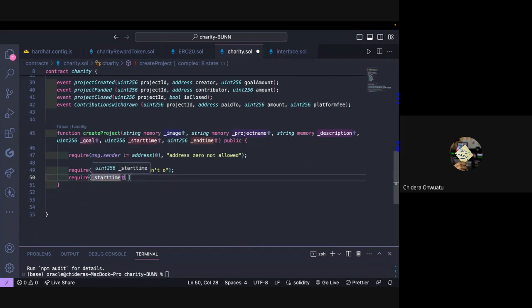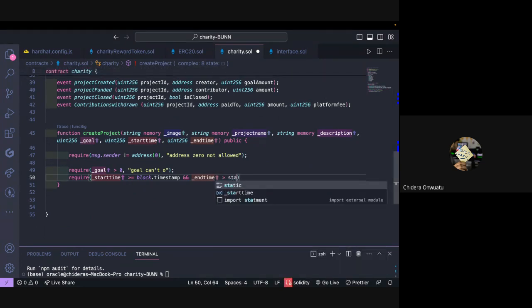You want to require that the start time is greater than or equal to the block dot timestamp, and the end time is also greater than the start time. So the start time must be a date in the